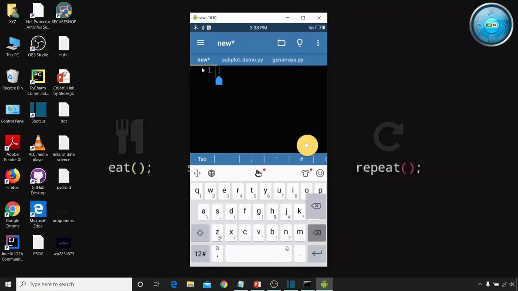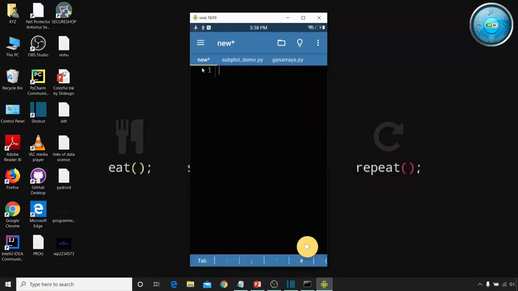Let's create a basic calculator using this Pydroid app. Okay, so first n is equal to int, and I'll write input, and inside the input is "enter first number".